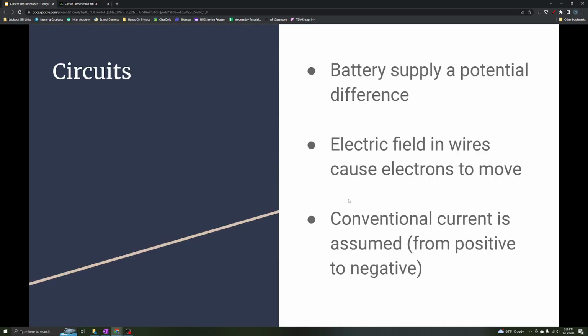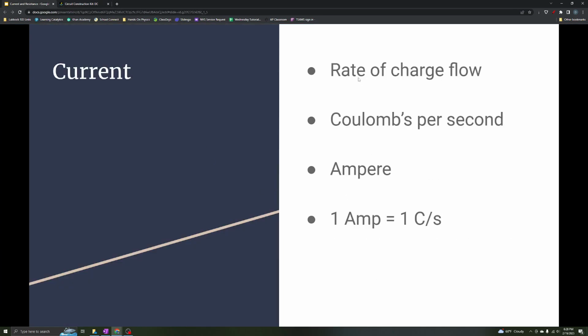Okay, so let's talk about current. Current is the rate of charge flow. Charge is flowing around that circuit, and we want to know basically how quickly the charge is moving. Now that's not in terms of velocity, it's just how quickly the charge is moving. We could talk about the velocity of charges, but that's this thing called drift velocity, which AP does not get into so far as I can tell, so we're not going to worry